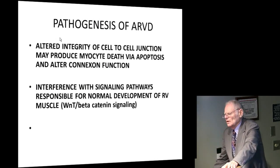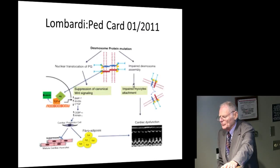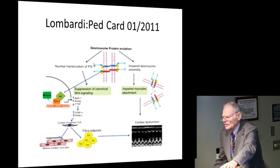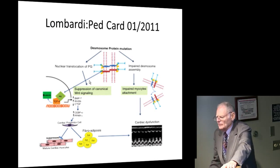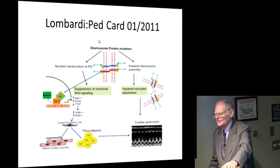So it's thought that the pathogenesis of the disease is altered integrity of cell-to-cell junction, which produces myocyte death by apoptosis and altered connexin function, and that there's interference with the signaling pathways. And let's spend a moment on that. So Lombardi and his group have shown that with abnormalities in plakophilin 2, for example, you get nuclear translocation of the plakoglobin. So instead of the plakoglobin being at the cell-to-cell junction, it is found around the cell nucleus, and it affects